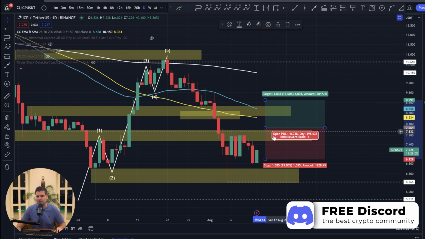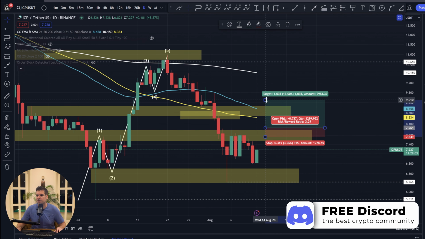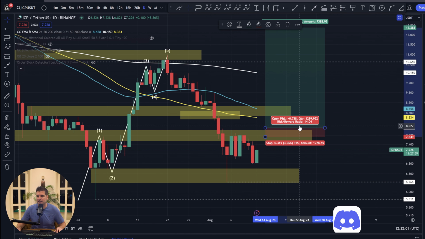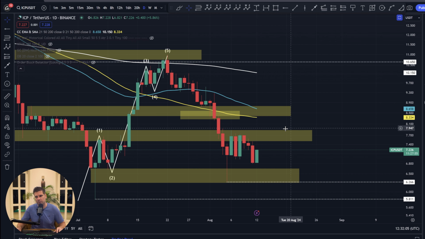For example, we get that closed position, tight stop loss. We could be targeting out a new daily high, which would be a fantastic 14 plus risk reward ratio. In that particular scenario, my approach to this would be to have a trailing stop and try to follow this for as long as possible without getting stopped out, of course.